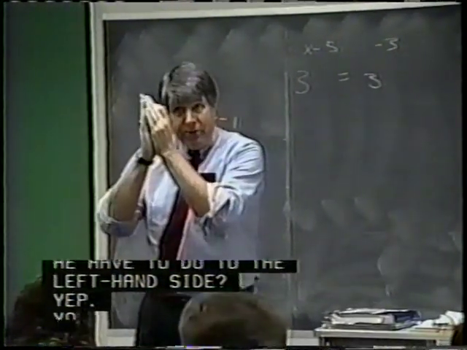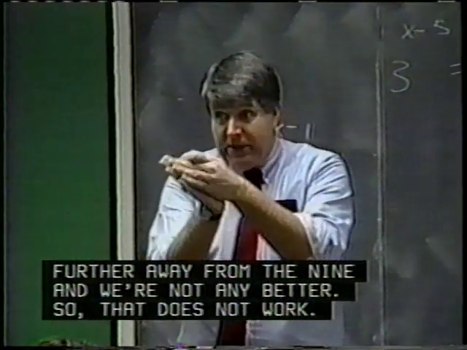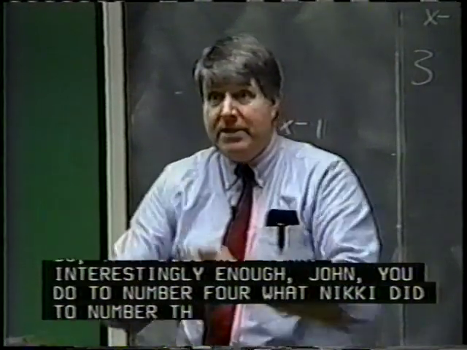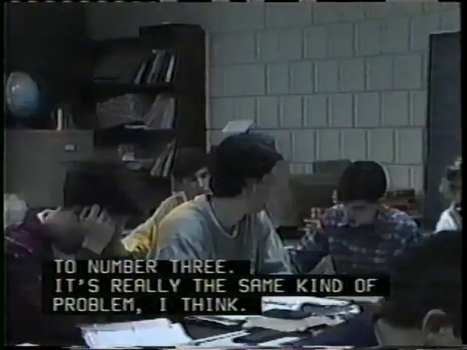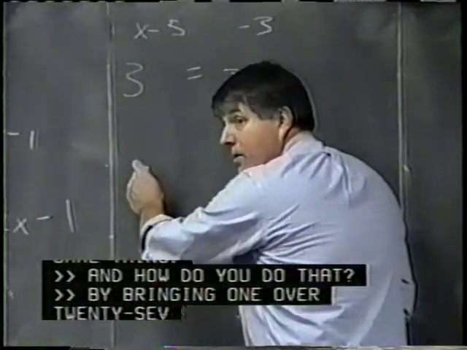Interestingly enough, John, you do to number 4 what Nikki did to number 3. It's really the same kind of problem, I think. Todd, what's the key on number 4? You have to use the same base. And how do you do that? By going ahead and 1 over 27 equals